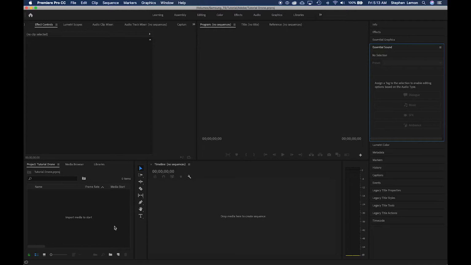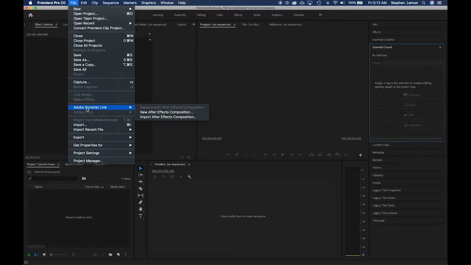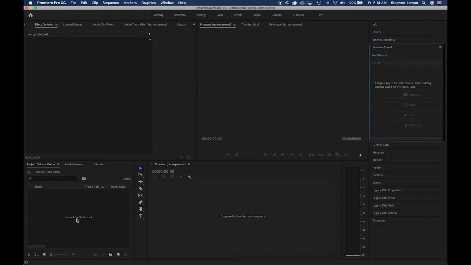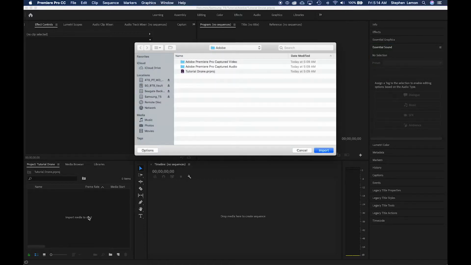So let's import a file here. There's a couple of ways that you can do that. You can go to File and Import. You can double click inside of this import area here. You can use Control-I, and I'm just going to say I like to use keyboard shortcuts because it makes your production much faster. So I'm going to hit Control-I,